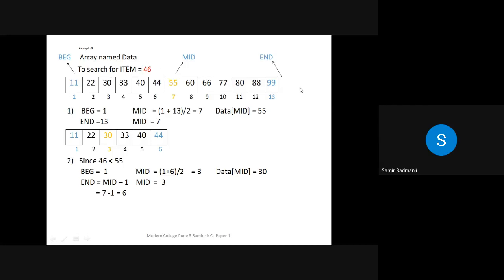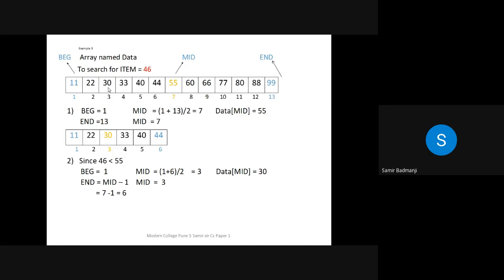Whether that element is there in the array, no. For this also we have to write down the steps showing how that element is not there in the array.